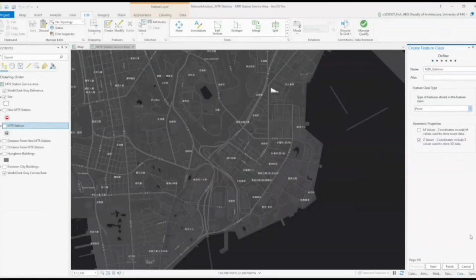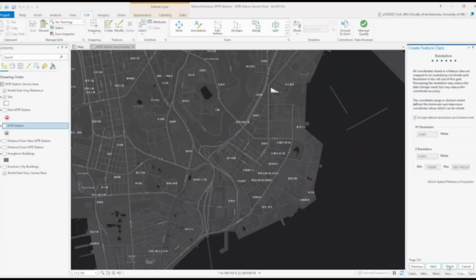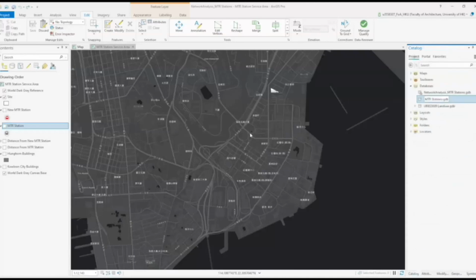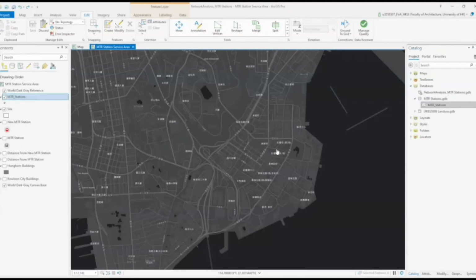Afterwards, choose your feature class type, which is a point for us, and you could create a new row of field, which is a name for your points. Since there is more than one point within this feature class, it will be easier for us to identify them. After you have created it, you see the feature class under the database. You could just drag the created feature class into the map. Nothing will show up yet since the feature class is empty.